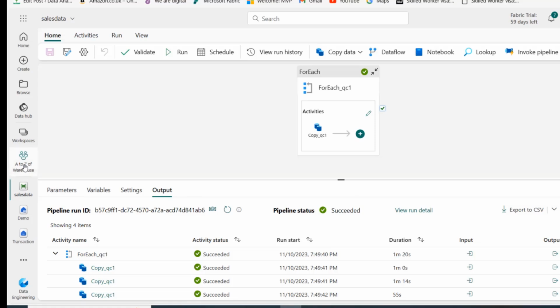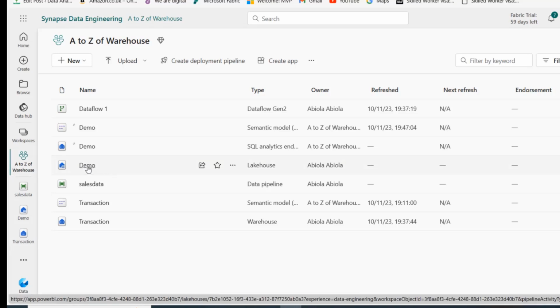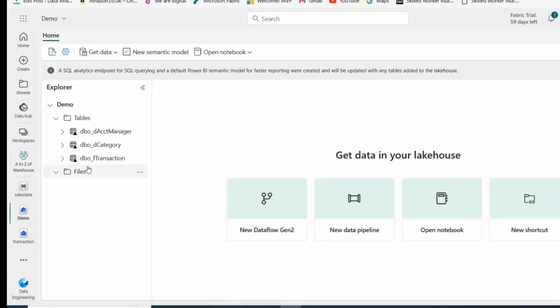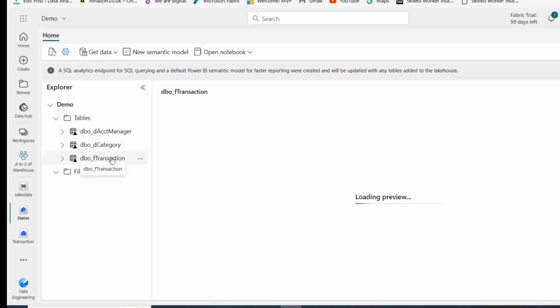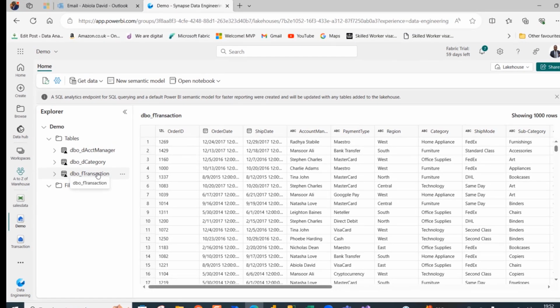So let's go to the A to Z of warehouse workspace we created, and then we can see the demo lakehouse. So let's investigate whether all the 3 tables are successfully in the lakehouse. And there we go. So we can see we have the F transaction and D category as well as the account managers tables successfully loaded into the lakehouse from the warehouse. So this is basically how we can perform data engineering to transfer or copy data from one source to another using the data pipeline in